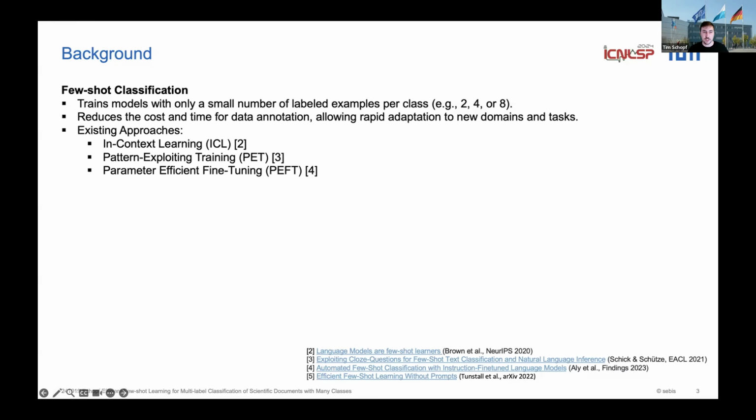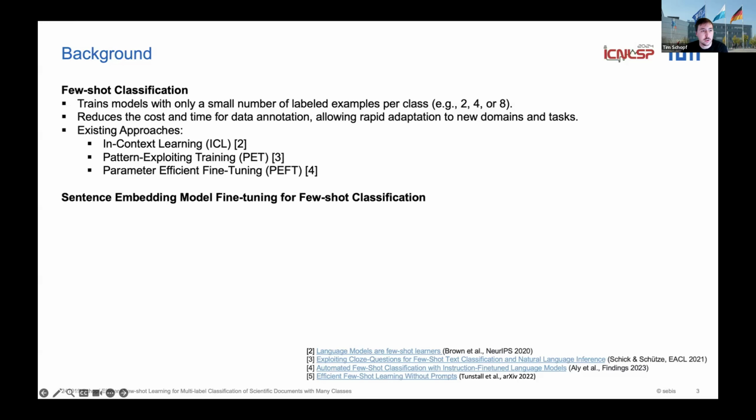There are a lot of different approaches out there for few-shot classification, which I do not explain in detail now, but most of those approaches have in common that they require very large models in the billion parameter sizes, and also they require some kind of prompt engineering, which makes the output not very stable and robust.